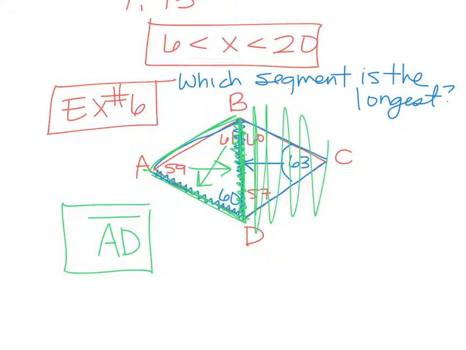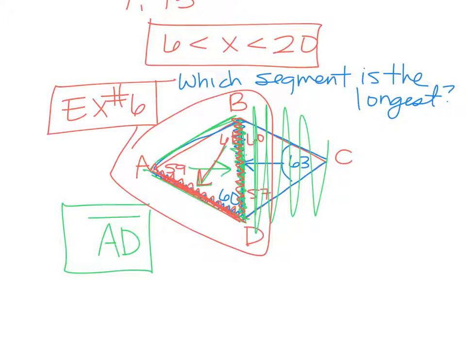Does that make sense? So find the longest in both. I always do a little squiggly. I always go, okay, well, I know this one's the longest in my right triangle. I know this one's the longest in my left triangle. Once I know the two that are the longest, I compare in that triangle that has them both. Well, the triangle that has them both is this triangle. In that triangle, the 61 is across from this side. 61 is my biggest angle, so this AD has to be my biggest side. Questions on that? Okay. As you do this homework,